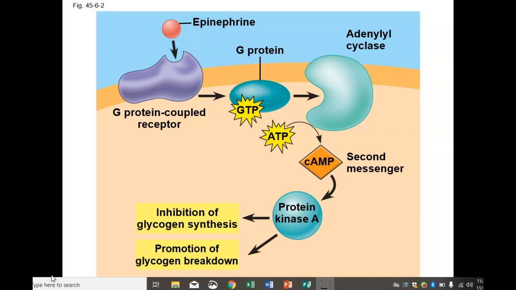In this case, it's going to initiate the inhibition or the deactivation of glycogen synthesis, and it's going to promote glycogen breakdown. So why would this be important? Well, glycogen is how we store glucose within our cells. And so we don't want to store the glucose. We want to promote the breakdown of glycogen back into glucose. So we have a lot of energy for our mitochondria to create ATP, because I'm either going to have to fight or I'm going to have to flight. And that means I'm going to need a lot of energy available for my body.